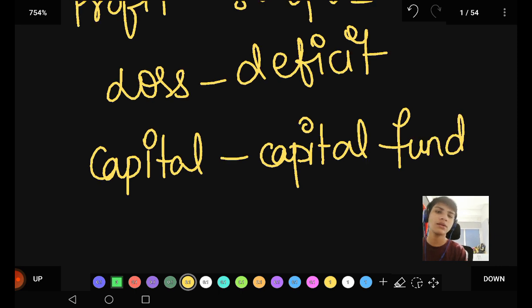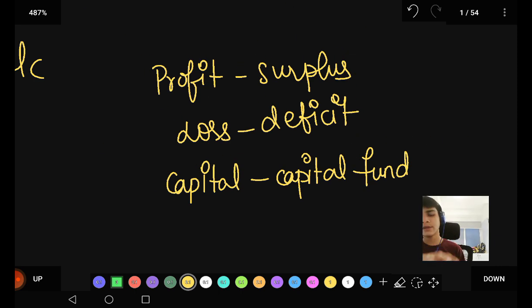Whatever the profit or loss that you earn, you immediately transfer it to capital, and then again you use it for the welfare of the people. You never ever use it as profit for your own purposes. You again add it to the organization as capital. So this is what you need to know in basics about NPO. When you understand the essence and the procedure that you have to follow, that is first making your receipts and payments account, having an income and expenditure account, and then being able to make a balance sheet,